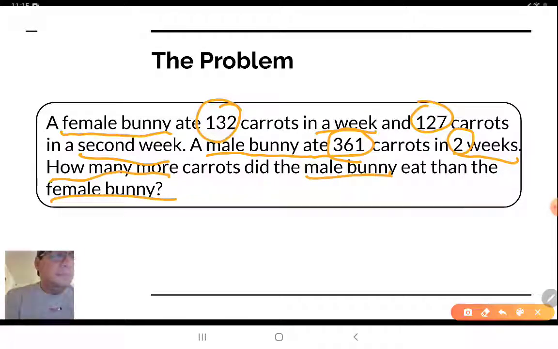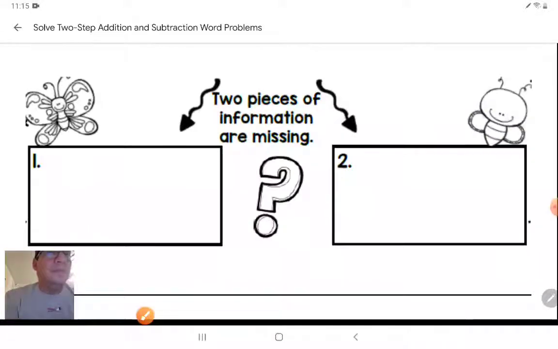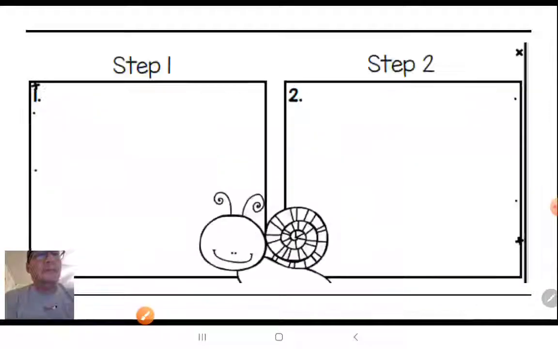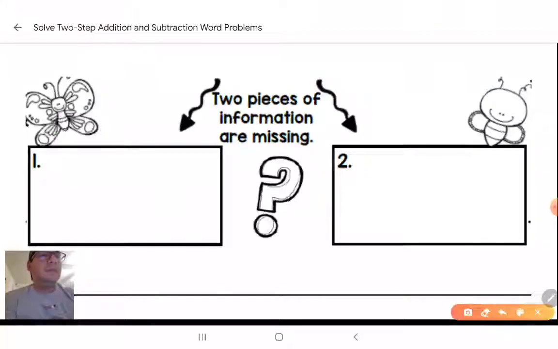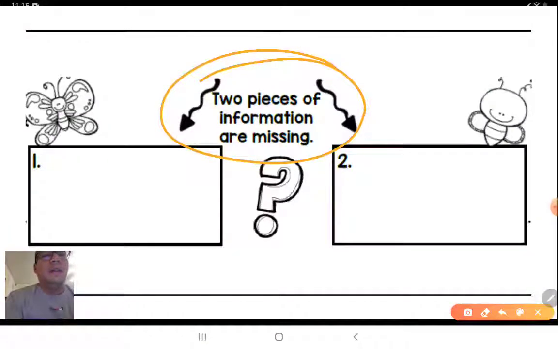So let's go ahead and put that in a chart or a paper, and we're moving. This is where it's at, right? Go back. This is where it gets tricky for me. The 2 pieces of information are missing. What are that information again? The information is